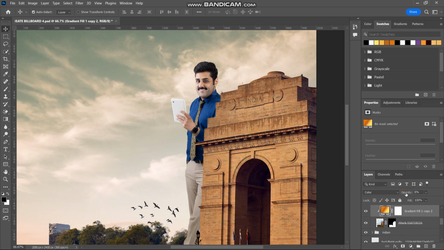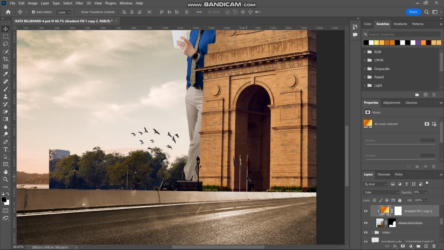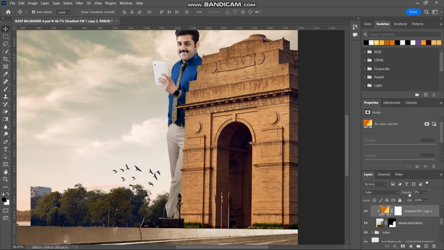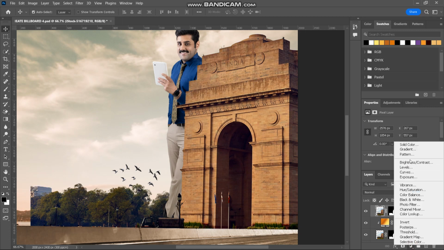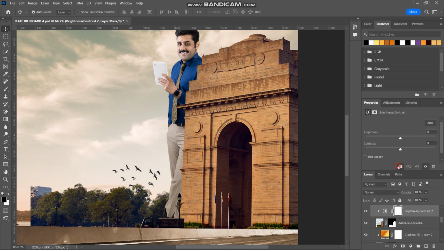So just increase it gradually. Yeah, it already matches the sky and the road, so we'll leave it at that and go ahead and sharpen. So Control J to duplicate the building layer, then drag one layer on top. Brightness, clip it, then reduce the contrast